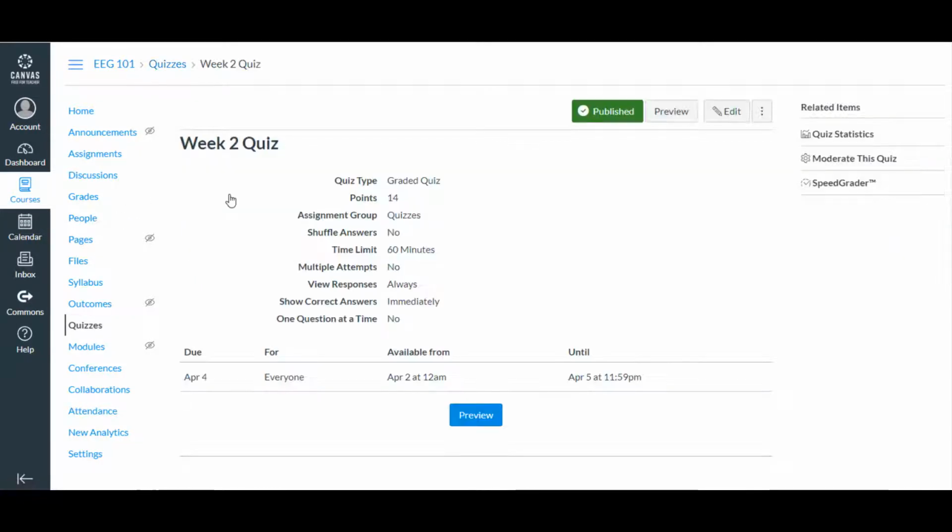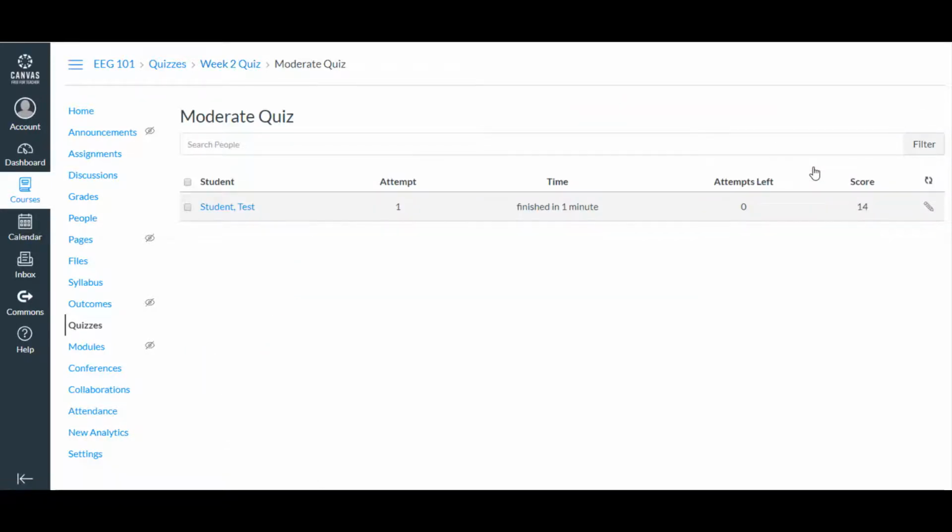So once I click the week 2 quiz, I can go up to the corner to moderate this quiz. So I've already set everything up for my students with the quiz, but I want to modify the settings for one of my students. And as you can see, as I'm moderating the quiz, I only have one test student in the course. However, you can select whichever student or students are signed in your class that you need to